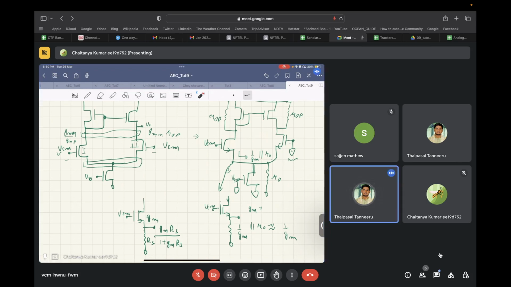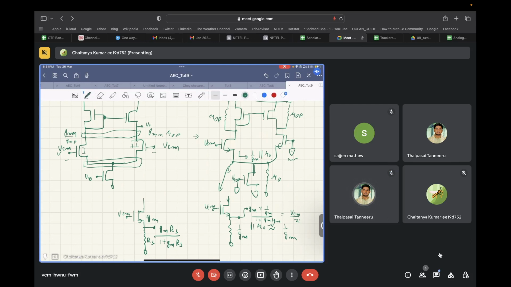So if this is gm RS upon 1 plus gm RS, and the RS in this case is 1 by gm, that means the voltage at this node will be gm times 1 by gm divided by 1 plus gm times 1 by gm. Correct? That is basically VCM by 2. So if this voltage is VCM by 2,